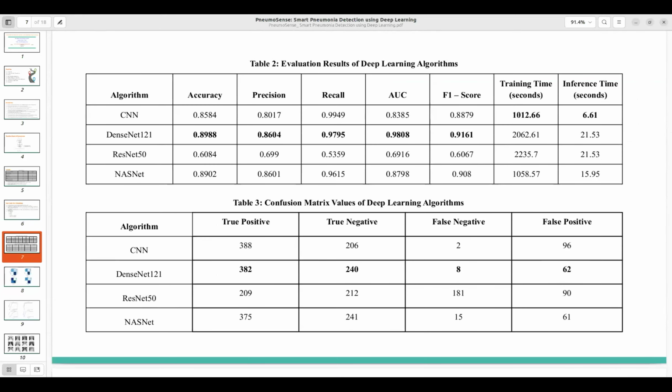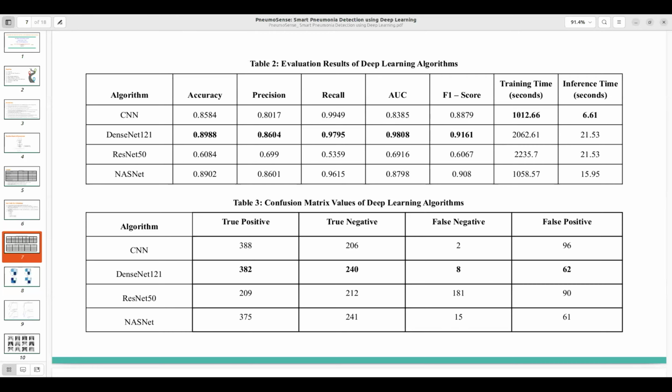We have used four algorithms, and these are the results based on accuracy, precision, recall, AUC, and F1 score. Here it is clearly visible that the DenseNet 121 algorithm outshines and performs exceptionally, with an AUC value of 98.08% and a recall of 97.95%. And when we talk about training time and inference time, CNN takes less training time and inference time, so CNN is most suitable for time sensitive applications, but DenseNet 121 overall delivers the best performance